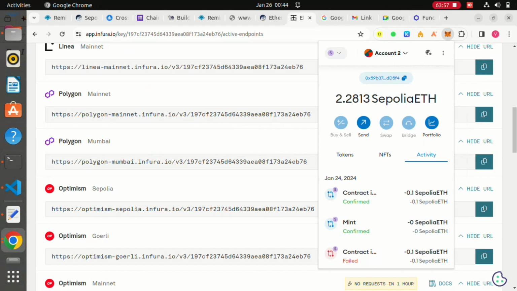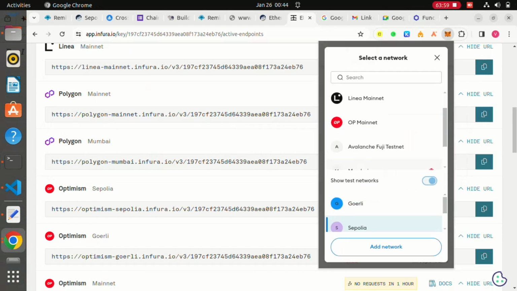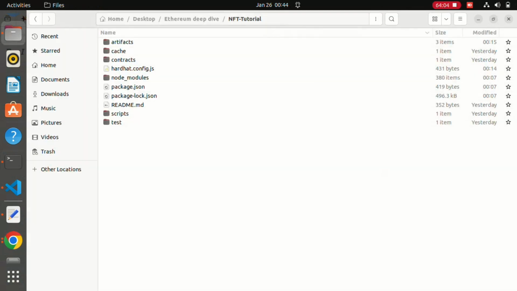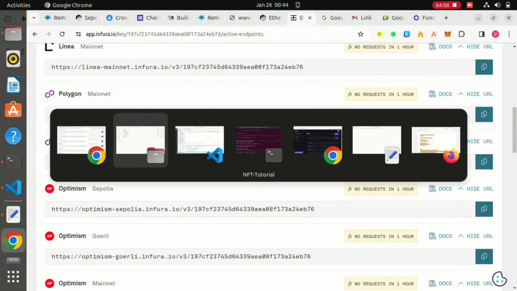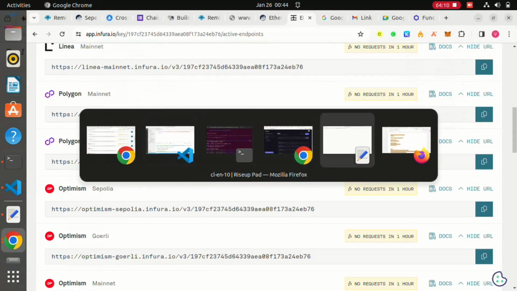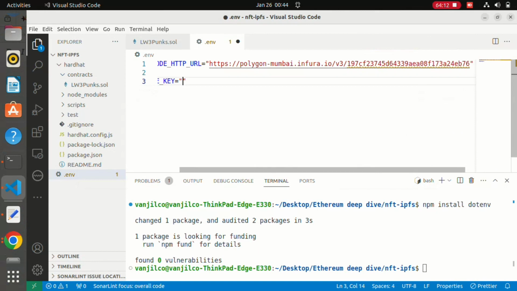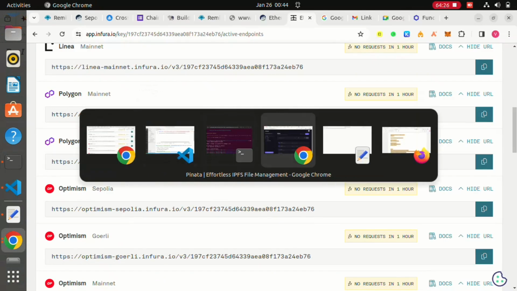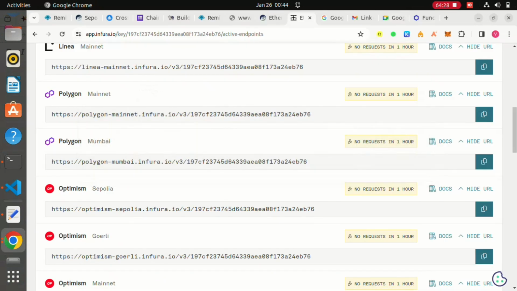And let me also change this to Mumbai. Okay, we paste, and we go back to,